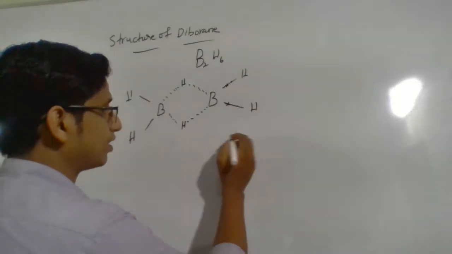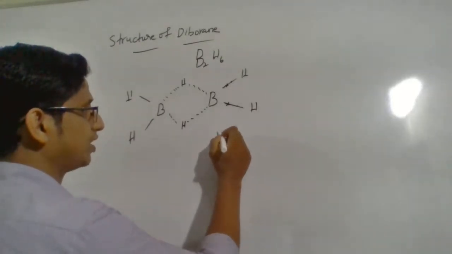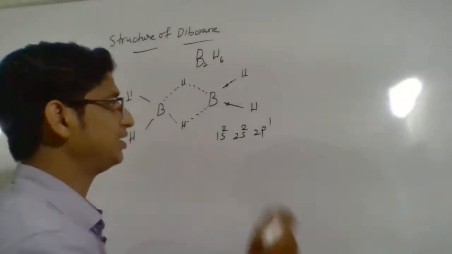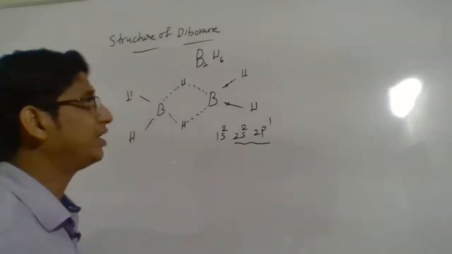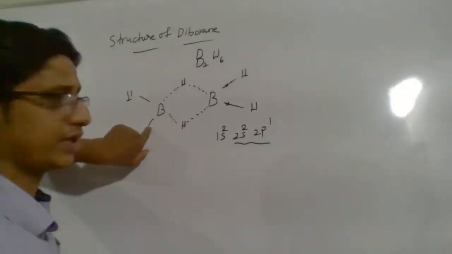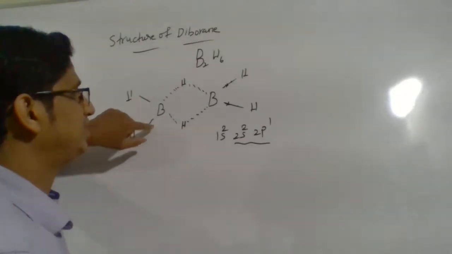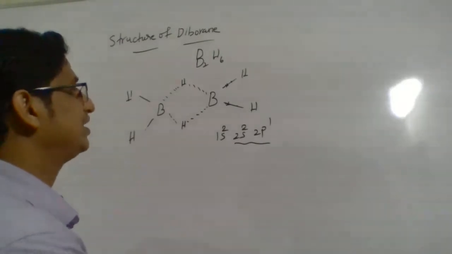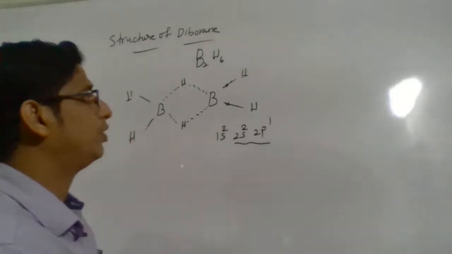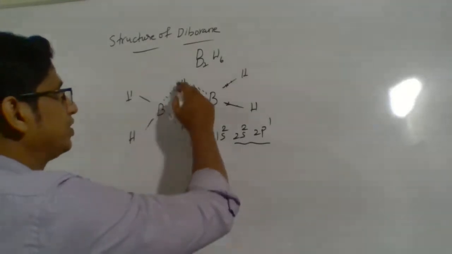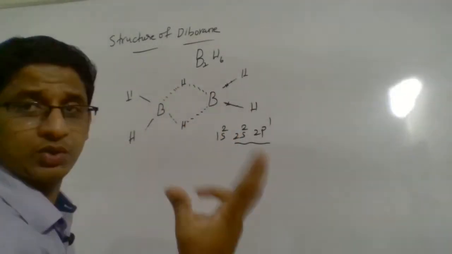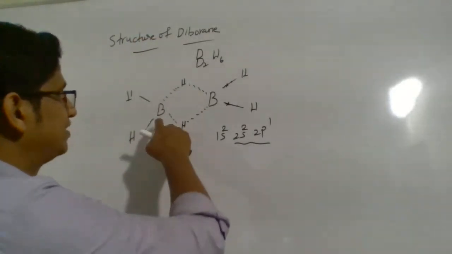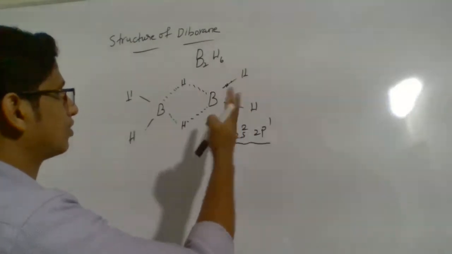We know the electronic configuration of boron: 1s2 2s2 2p1. That means three electrons are available for boron. Look here, already one is bonded here, one is bonded here. Now one more electron is there. With that one electron, these two B-H bridge bonds are formed. That suggests it's not a normal bond. Here, 1, 2, 3: three centers and only two electrons available. One electron is definitely coming from hydrogen, and boron has one more electron, so any one of